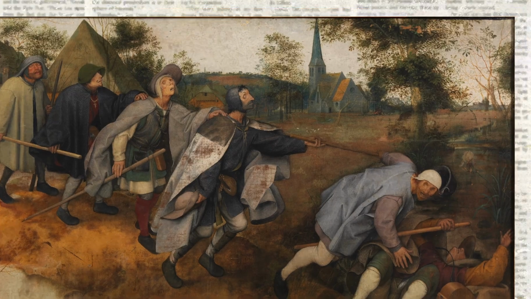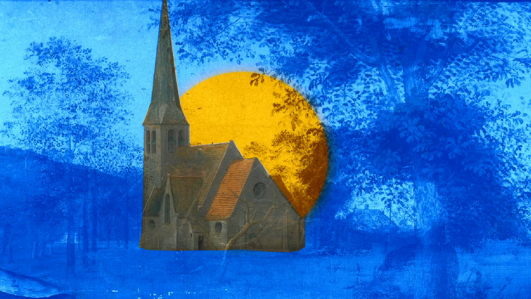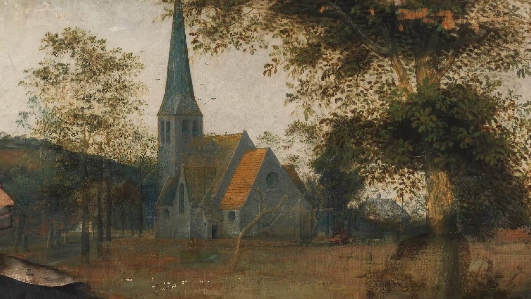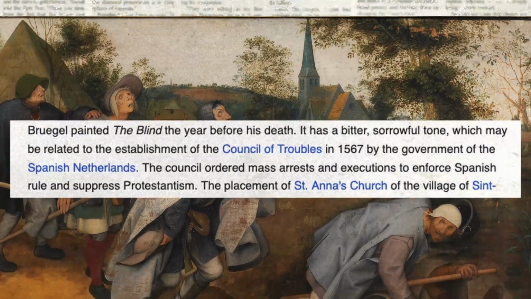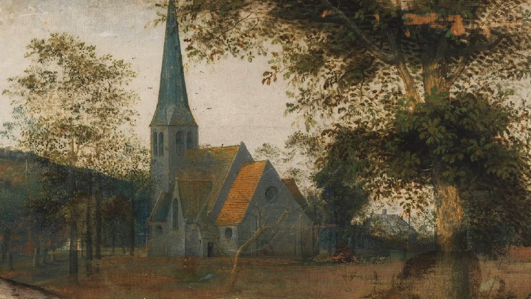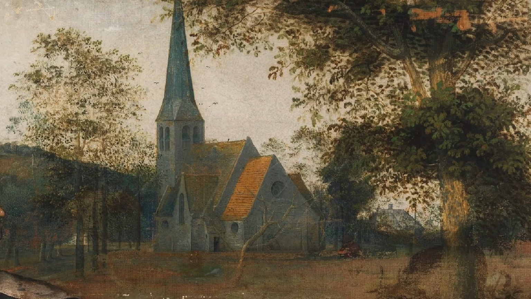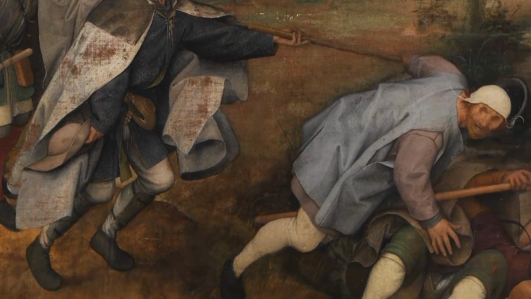Remember I told you about the crucial placement of the church? There's a reason why Bruegel added it with a dead and quite depressing tree. The positioning of the church could be an indication of his dislike toward the forceful imposition of Christianity during his time. The background and the foreground sort of show a contrast. Here's a church that should be the guiding force for the good of the world. And yet, people are blindly following the blind, ultimately leading towards a big fall.